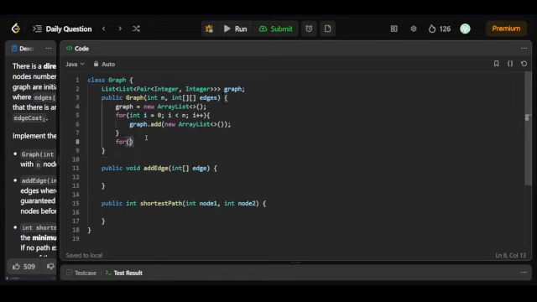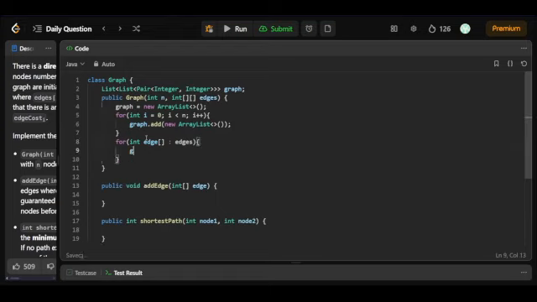be adding the edges. So for that I'll be using a for each loop, for int edge in edges. So what I'll be doing, graph dot get edge 0, meaning from that particular node, graph dot get edge 0 dot add new pair of edge 1 comma edge 2. So this is how we have just created the graph, and in the case when we